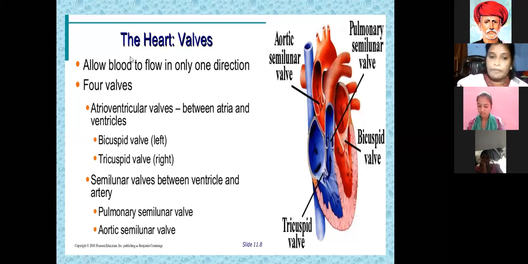These are all four valves. Mainly the valves are grouped into two major types: the atrioventricular valves and the semilunar valves. The atrioventricular valves include two valves, the bicuspid valve and the tricuspid valve. This major group is called the atrioventricular valves. Again, the semilunar valves include two valves, the pulmonary semilunar valve and the aortic